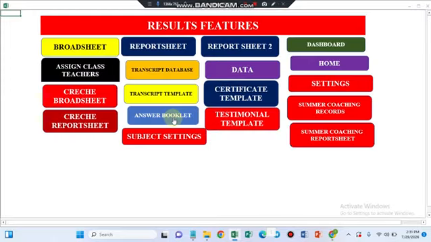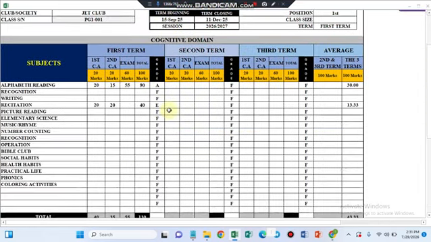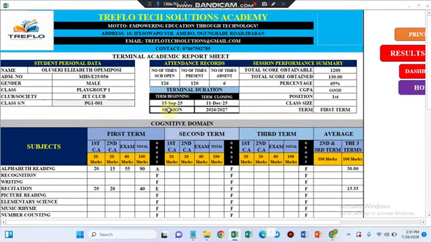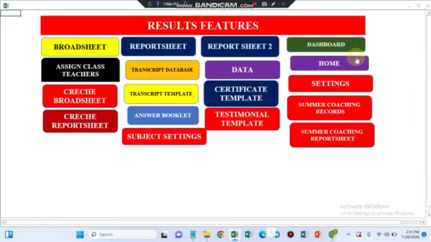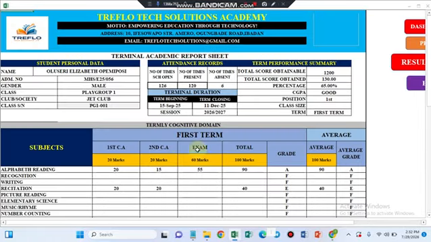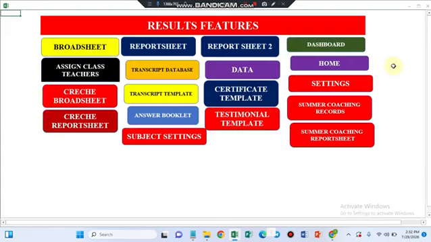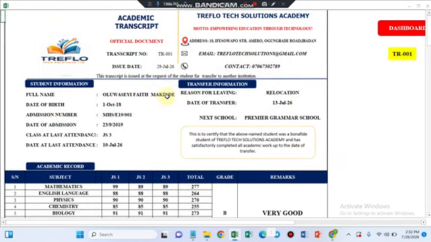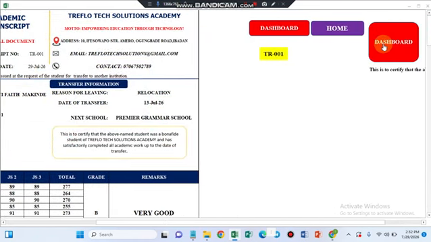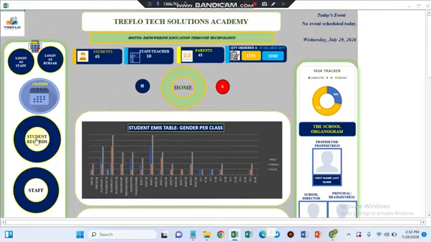Another thing that is beautiful on this school management system is the results feature. This is the broadsheet. We have 2 types of report sheet. The one that shows all the 3 terms, first term, second term, third term, and another one that shows only the termly results. So here you will just change either to first term, second term, or third term. We also have transcripts. We have the transcripts template, and then we also have the